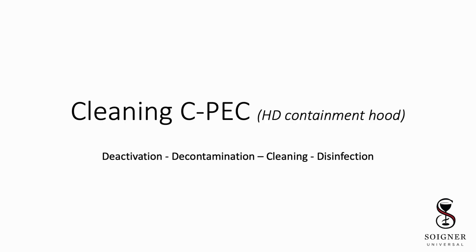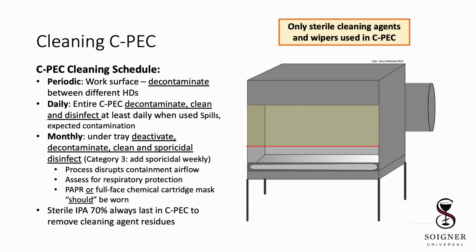We'll go over the frequency and the technique for deactivation, decontamination, cleaning, and disinfection of the C-PEC. As we've discussed previously, remember only sterile cleaning agents and wipers can be used in an ISO 5 C-PEC. During a regular workflow working inside the C-PEC, the work surface will be decontaminated between different hazardous drugs. The C-PEC will be decontaminated, cleaned, and disinfected at least daily on days when used or after spills or suspected